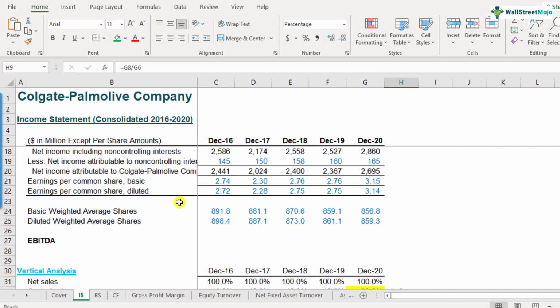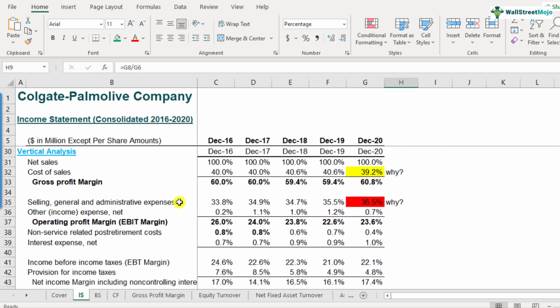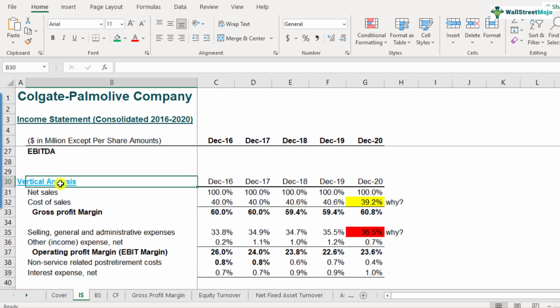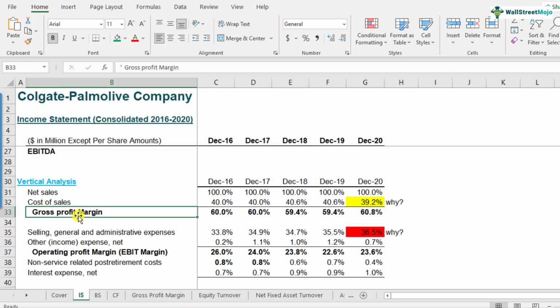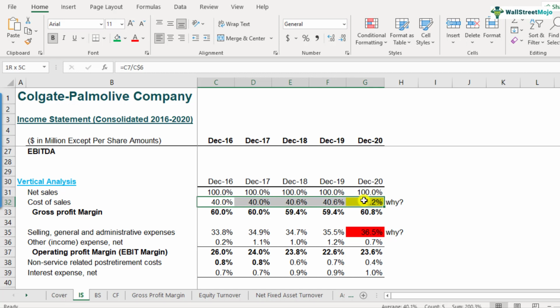If you scroll down, we have actually done this already. We did this vertical analysis, you remember, in one of the videos, where we calculated the gross profit margins. If you look at the historical trends, we note that the cost of sales is around 40%. 39.2 was the most recent, but it's more or less in the range of 40%. And the gross profit margins are again more or less in the range of 60-61%. So the gross profit margins of Colgate have been fairly stable.